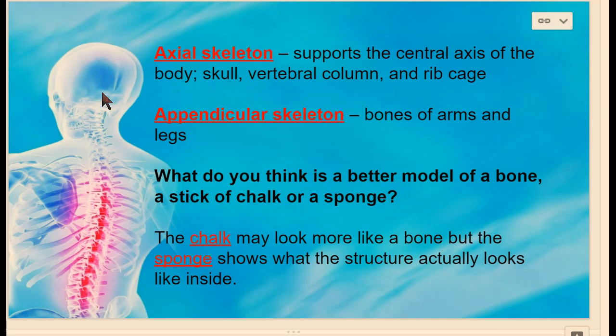So there are two parts of the skeleton, the axial and the appendicular. The axial is all the center, the axis. That's going to be your spine up to your skull. Everything else that comes off of it, the ribs, the shoulder blades, scapula, the hip, all that is appendicular. With that, you're going to have a lot of irregularly shaped bones and a lot of flat bone